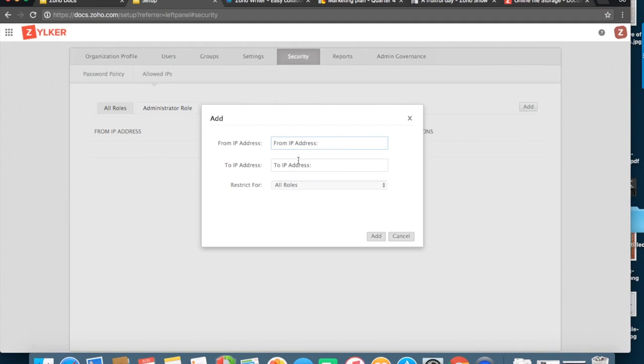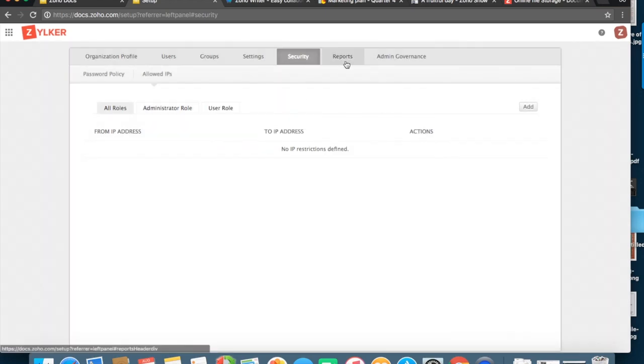The range of IP addresses can be set in these two tabs, and once you're done, you can restrict it for the roles based on administrator or the user, and then click on add. Now let me come back to these two parts of the settings tab shortly. Let me take you back to the